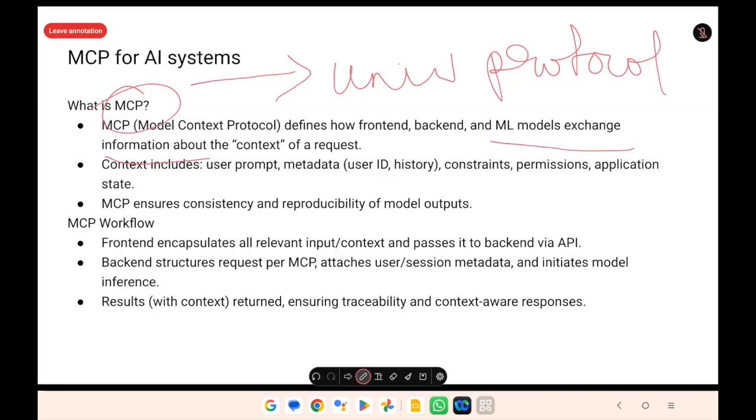LLMs are third-party APIs. You have OpenAI, Claude, Gemini, Llama, all of those are providing APIs. Now, if you have your own protocol, every time you need to change it. Let's say there is some change in the Claude model, in the API. There is some change in the way OpenAI consumes data. So these connections are not standard. It's something you have custom defined. Unless you have your own LLM and your own things to use it, it's okay. But since you are going for third-party APIs, MCP is the norm.